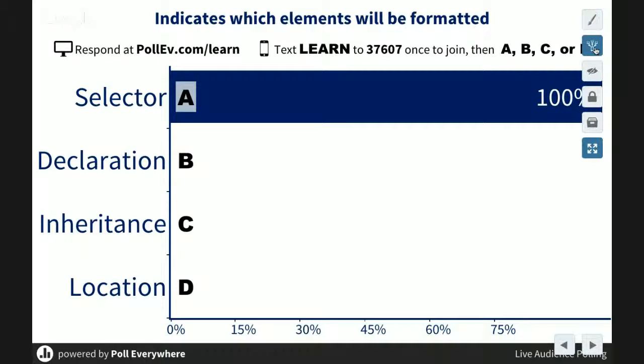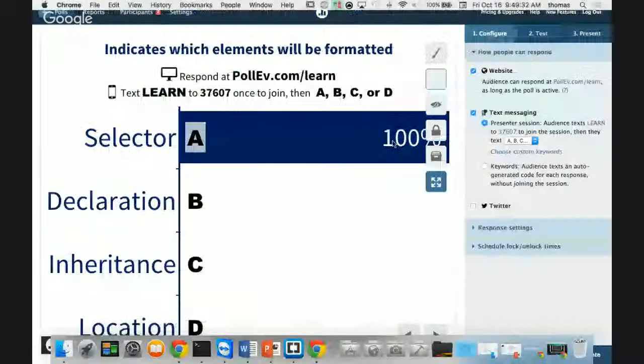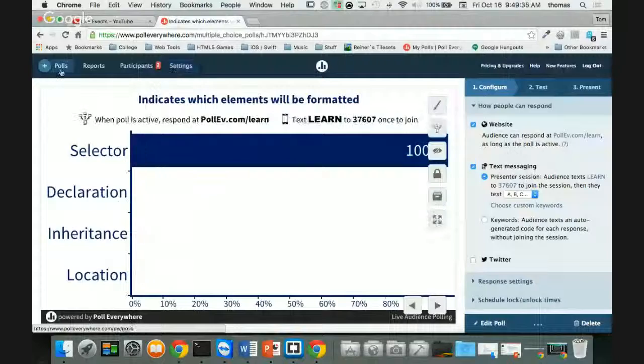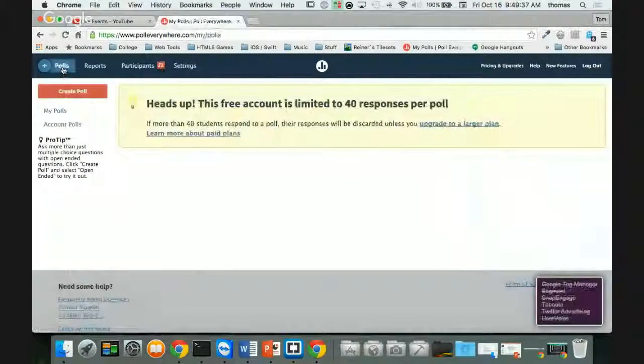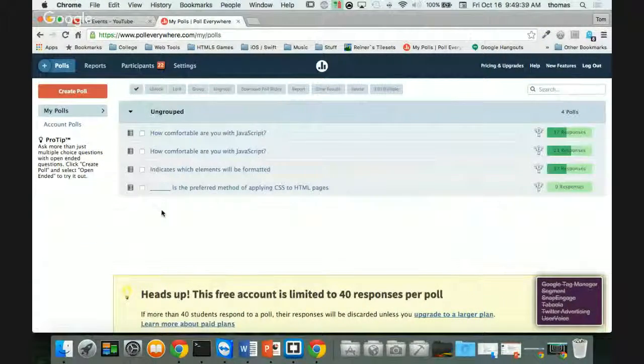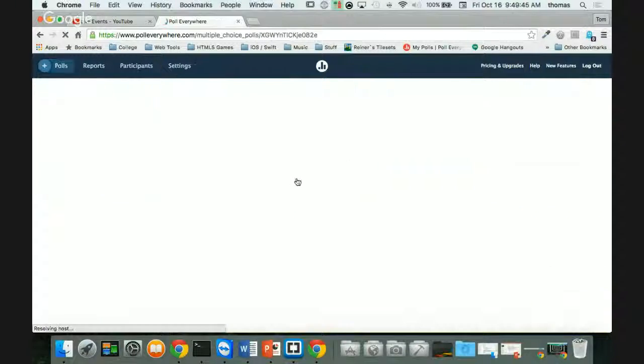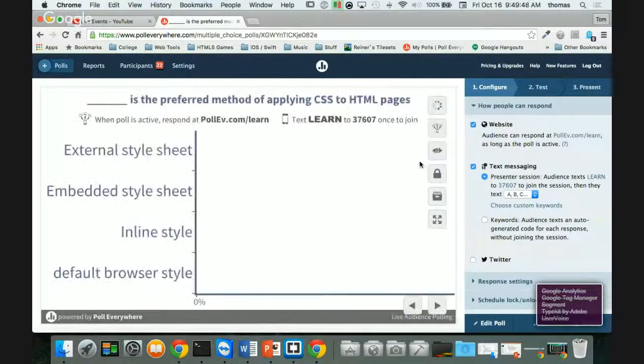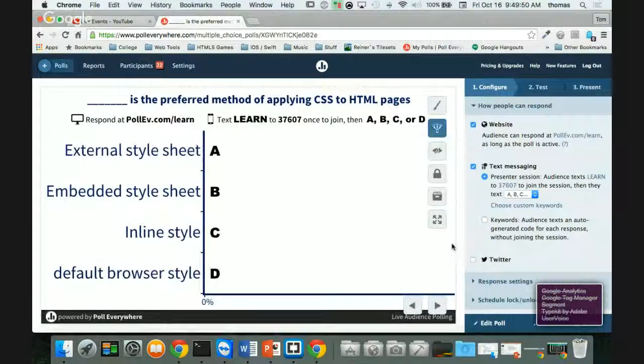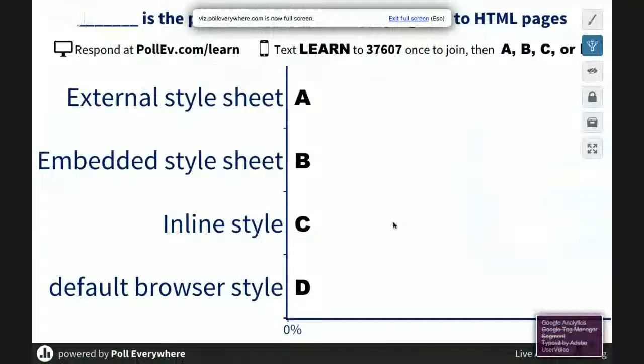So let me just go back here and we'll stop the poll. And we'll do one more question and we'll get back into it, just to kind of switch gears a little bit. That's pretty good. See, 17 responses. All right, let's get into this next one and see what this one looks like, right? We'll do this one too. So the next one is